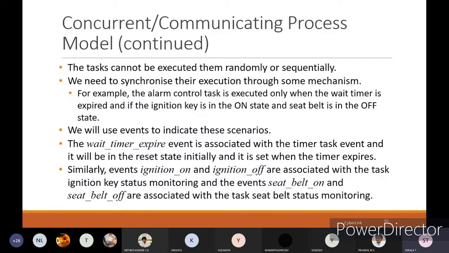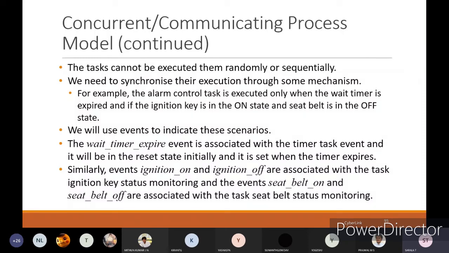We will use events to indicate these scenarios, and you will be writing the event names. The wait time expire event is associated with the timer task; it will be in the reset state initially and it is set when the timer expires.